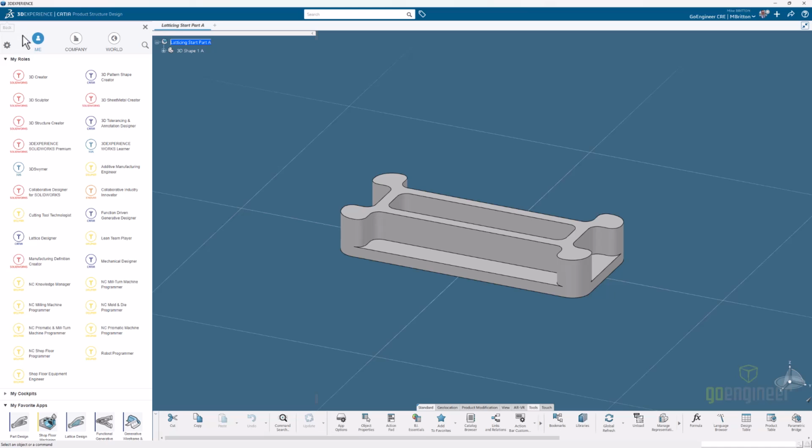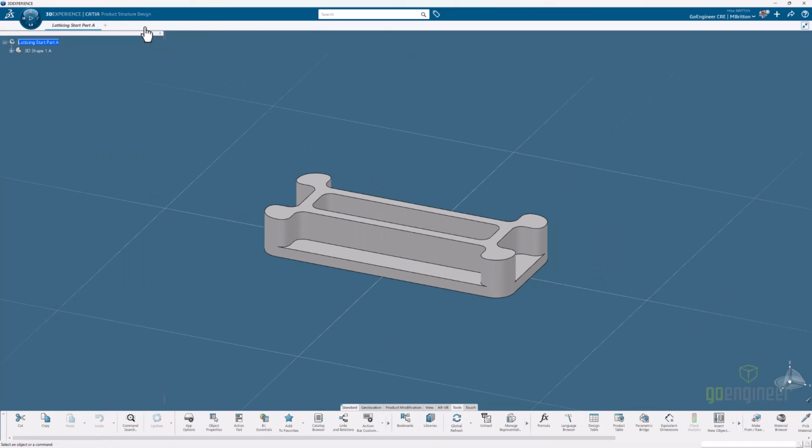If I click back out of here, we can see all of my 3DEXPERIENCE roles there as well. I'm going to close out of my compass interface for now, and I want to take a look at navigating the interface first. We still have our compass just like we do in the web browser. We can see that we are in 3DEXPERIENCE, and then after this bar, it tells me that I am in CATIA Product Structure Design. We can see in my action bar that I have a handful of tabs around here,